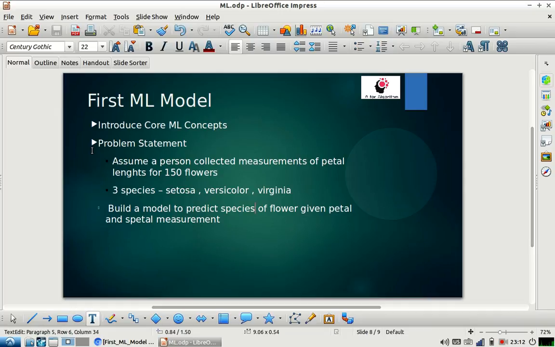So as part of today's class, I'm going to help you make your first machine learning model. When I made my first machine learning model, I was very excited. So I hope you have a similar kind of excitement and you are eager to know how to create